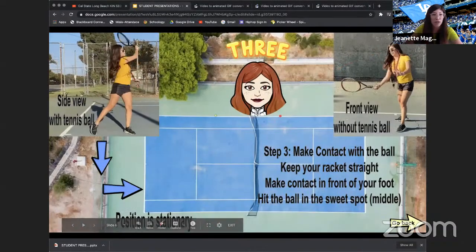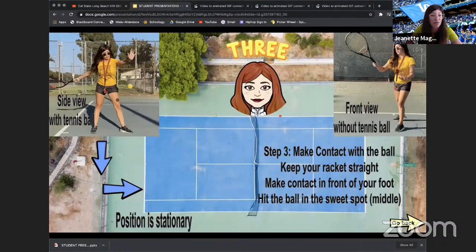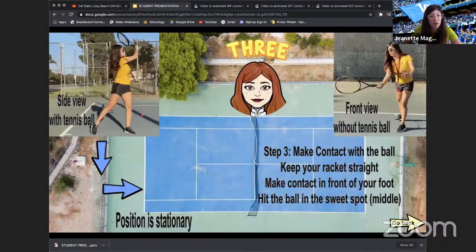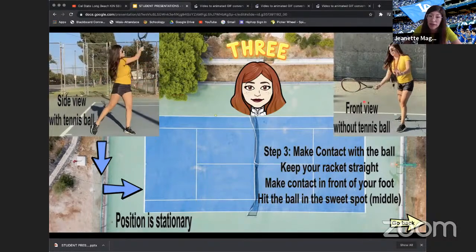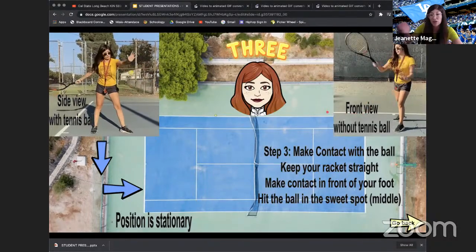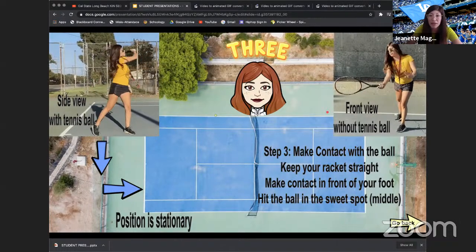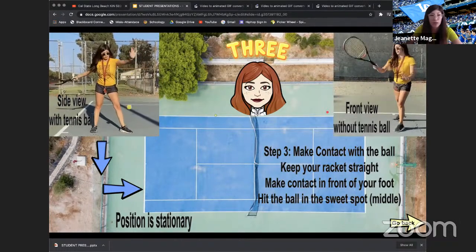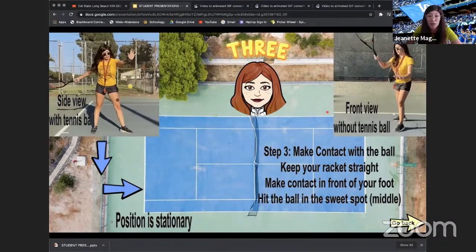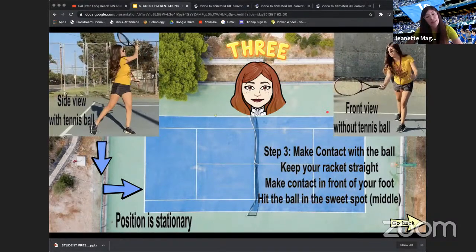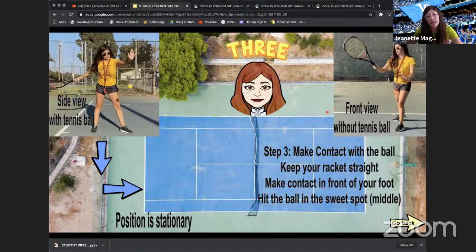Again, with the 2 different views to help the students, we have a side view with a tennis ball for those students that are more advanced. And then the students can just practice the motions if they're not advanced. Go ahead and try to practice the skill without a tennis ball. It's just the same. We're just working on the movement, okay? So step 3 is making contact with the ball. Keep your racket straight, make contact in front of your foot, and